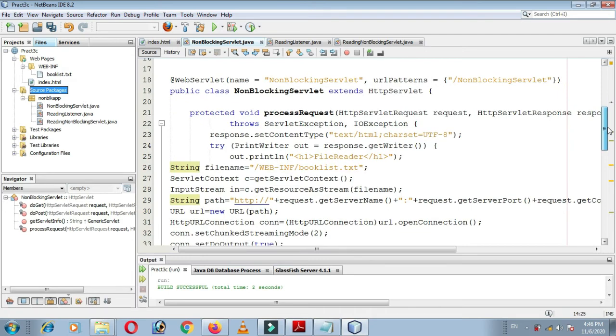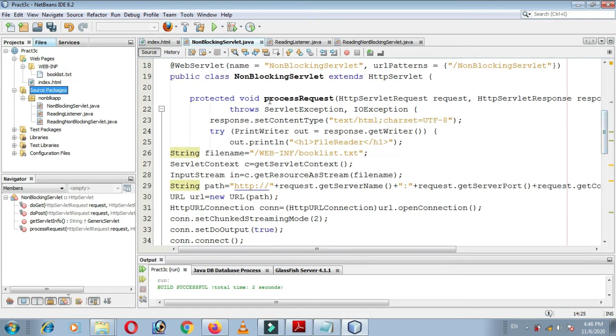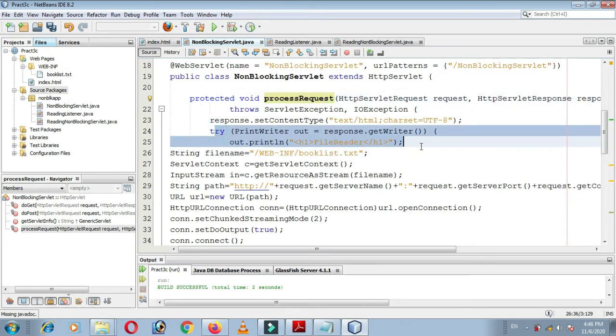In this file you will see the processRequest method, and in the processRequest method you can see the try block, and already you have some lines written in that try block. You just have to delete them and then write the statement out.println file reader. This is just the message which will be displayed on the browser.